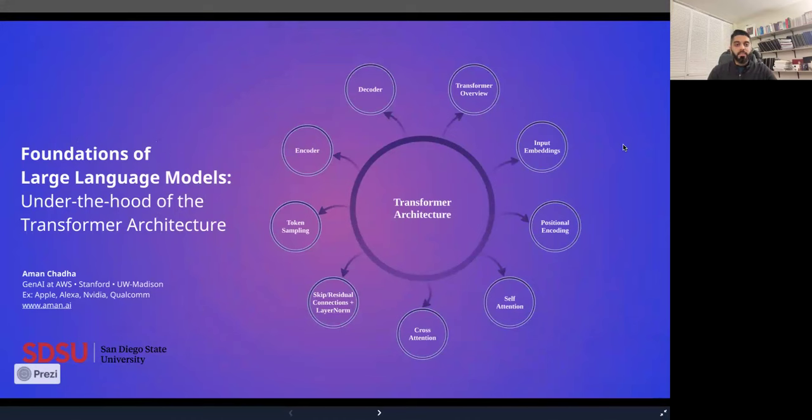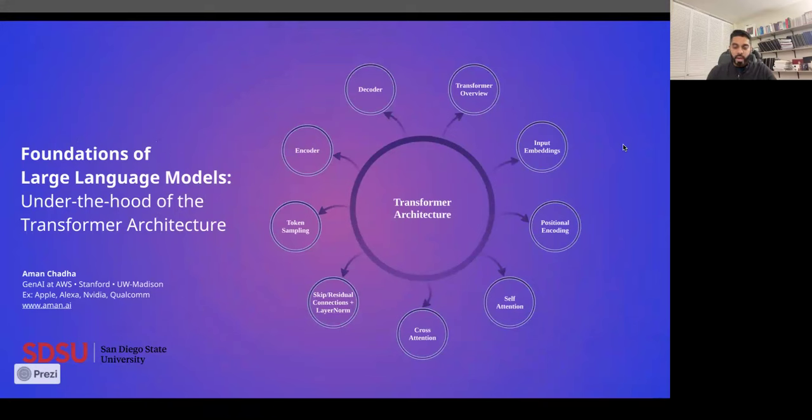All right. So the agenda for today is going over the transformer architecture. I believe Professor Elkins covered recurrent neural nets in the last lecture. So we'll be building on top of that, and we'll be talking about the transformer architecture today. I'm going to take you through this journey of all of these various components that come together and build